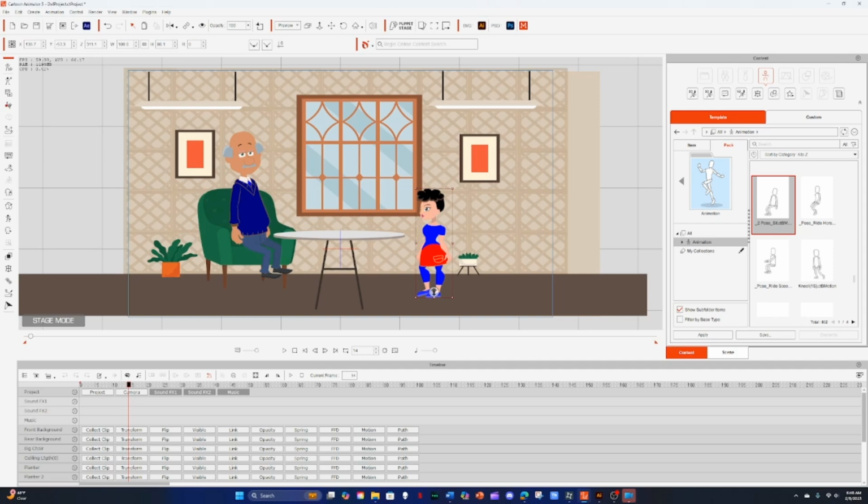How to create a scene from scratch in Adobe Illustrator, and then move it to Cartoon Animator 5, and add it to a project, create a project,